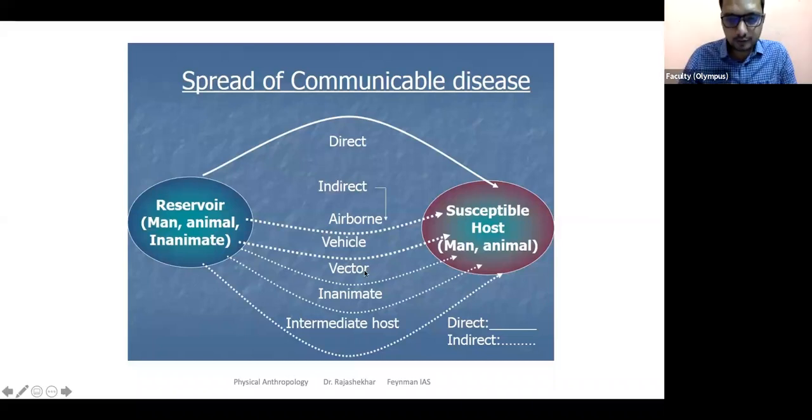I think I already told you the majority of this information. They go from the source of the infection. Sometimes we call them reservoirs. We believe that COVID-19 is coming from bats to us. The SARS virus and MERS virus also seem to come from a source like a bat.